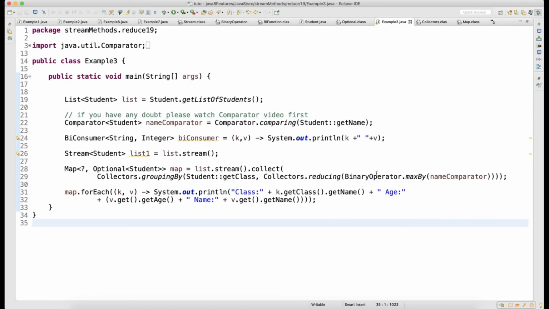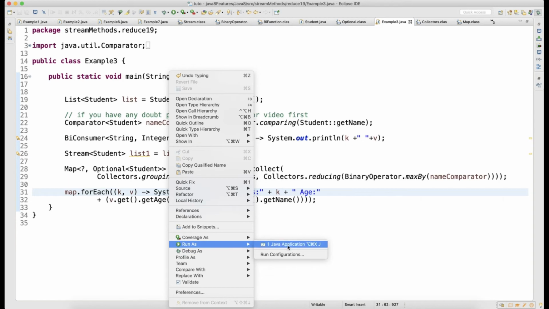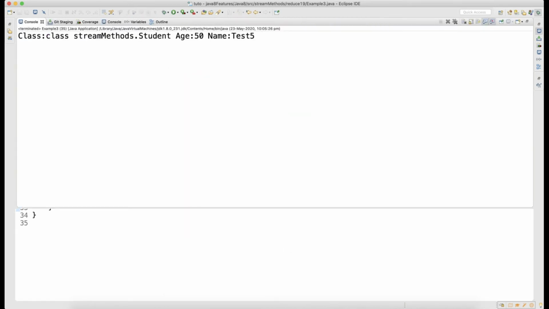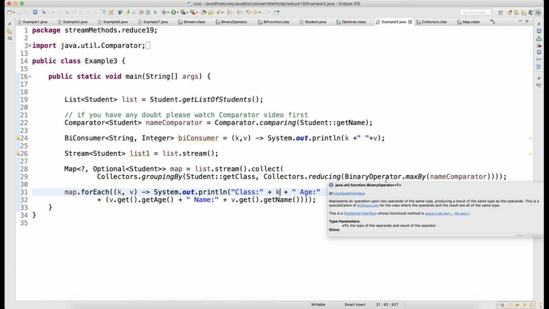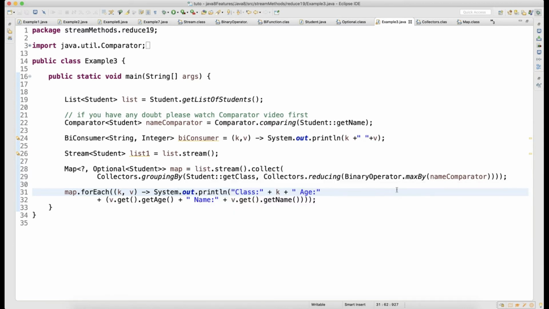Here I just wanted to show you, because earlier I was just printing the k, and when I ran that, you can see it's the package name dot student and then age and name. So instead of printing this, I just wanted to print student. So I thought of trying some class method we have, but it didn't work. It is giving me the Java lang class type.